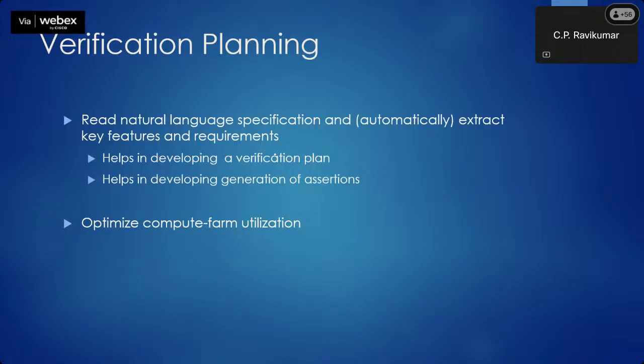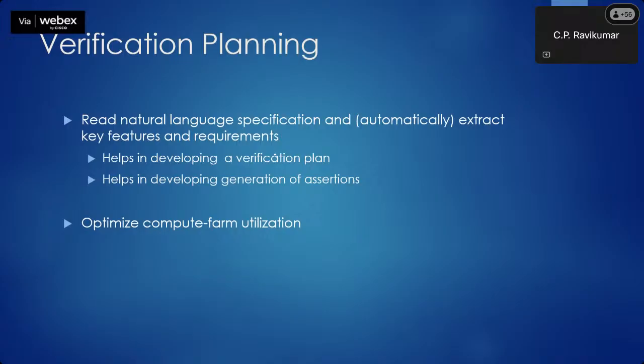Big companies can afford to have their own compute farm, but smaller companies may be dependent on some cloud-based compute farm or something like that, right? So planning all those things and making the reservations of the compute farm, even if you have your own compute farm,